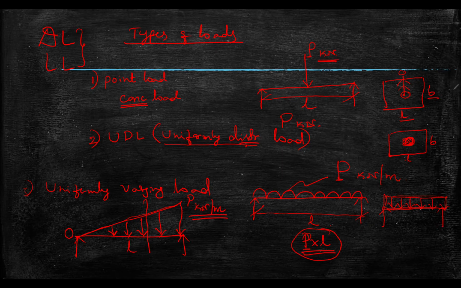So we can take this is the L, this is P, and you can take the load intensity as half into P into L. So that is how we are calculating the magnitude of load in the case of uniformly varying load. So these are the different types of loads what we have, and of course we will be having another type of load also, that is